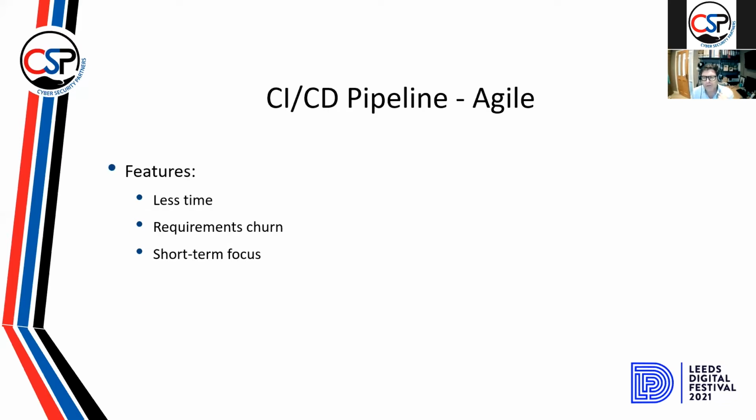there are things there that are different to a standard waterfall method. We've got less time. Things happen quickly. Sprints generally happen within 2 weeks, or you might have multiple sprints for a short development cycle. The requirements change constantly. There's churn of changes to the structure and what you're trying to deliver, even if it's piecemeal, because you are trying to achieve immediate returns, so the requirements change very, very quickly. Depending on the type of organization, you often find there is a lot of churn. And because of the 2 weeks, it's a very short-term focus.